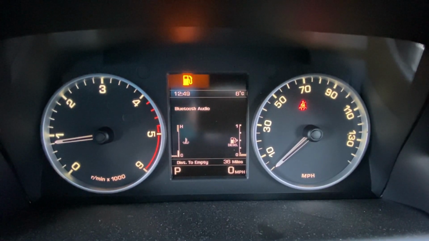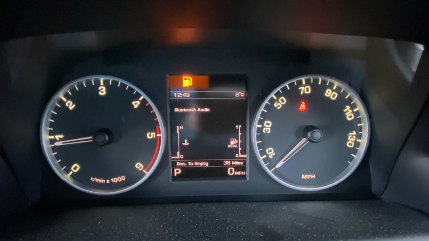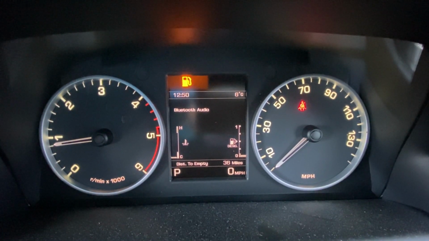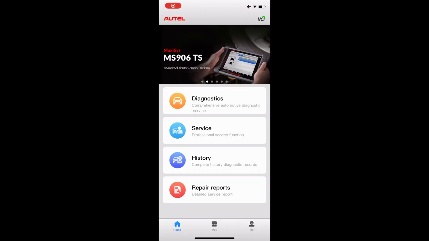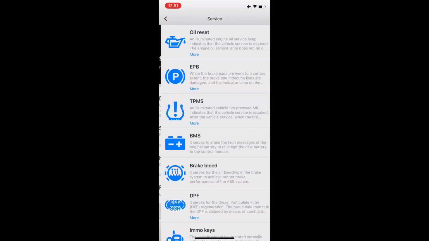So a subscriber asked recently, can the AP200 tool be used for doing things like DPF regen and the TPMS, all the things that basically come up on the service box? So I thought today we'd have a go and have a look. So starting off, straight into the app, we're going to go into the service option, and straight away there we